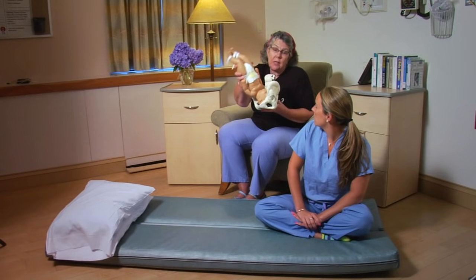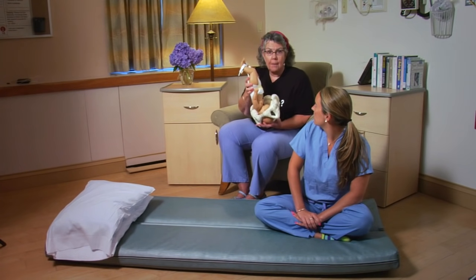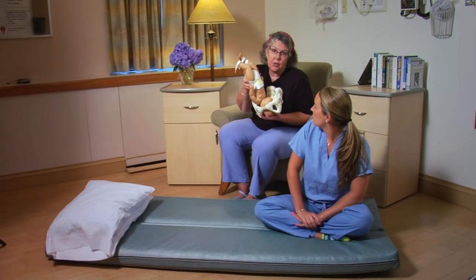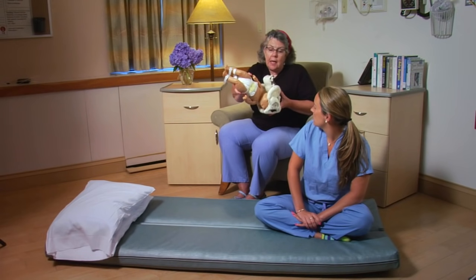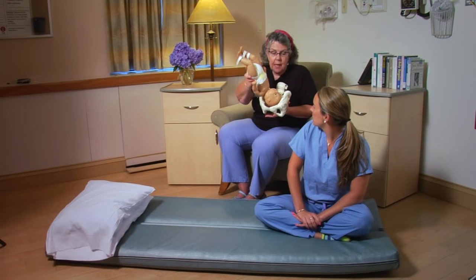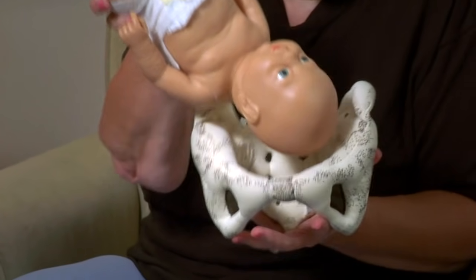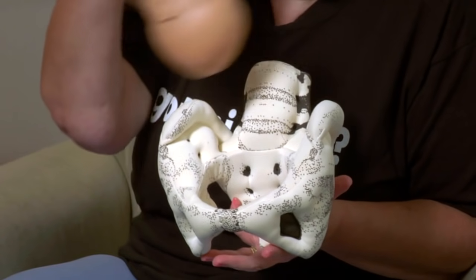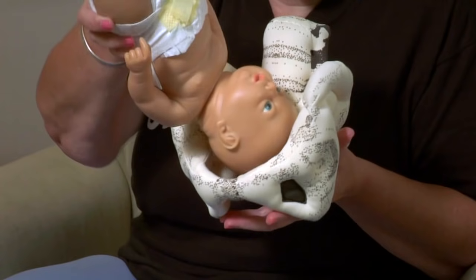A great place to look at this after you listen to this video is spinningbabies.com, a site that anyone can access, and you can see all the different positions if you get bored with the hands and knees one. What happens is the baby in the last month drops down a little bit and has to make reservations, especially a first baby. A second baby has a lot more room and they totally can go into a wrong position because everything has already been stretched out. So you really want to sort of train them to get in,